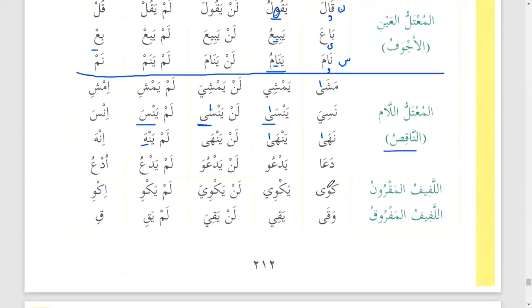For naqis wawi, we have discussed only one verb, which is da'awa yad'u. After the changes, it becomes da'a yad'u, he prayed or he called. When we use harf lan, the fatha will be shown over there because waw can accept fatha: lan yad'uwa, he will not call. Lam yad'u, he didn't call. Ud'u, you call or you pray. Here the fatha is retained, whereas when we use lam, the waw gets dropped and only the ain is left. Similarly, the ain is left in the command form. So this is what we have discussed so far.